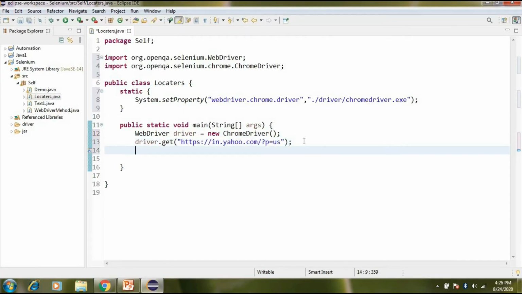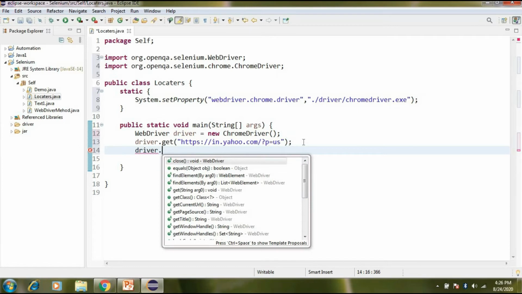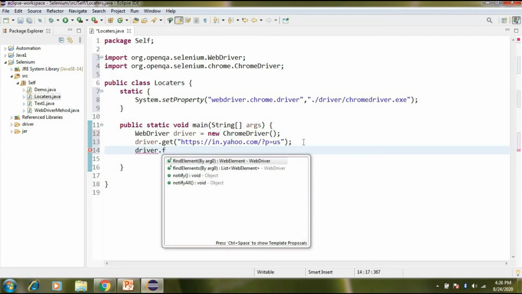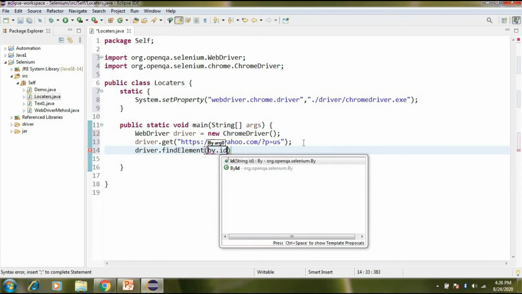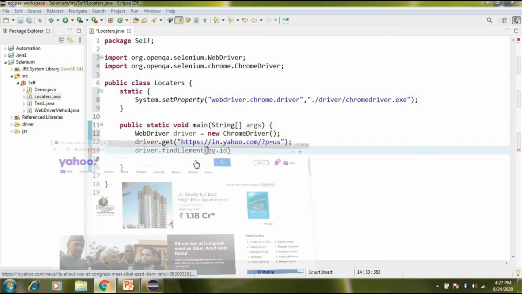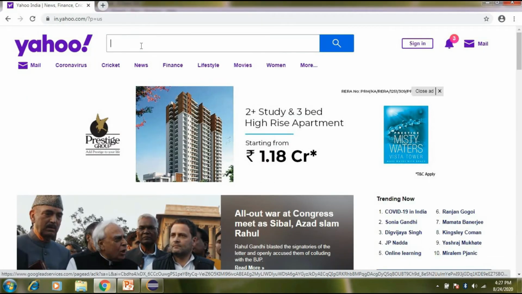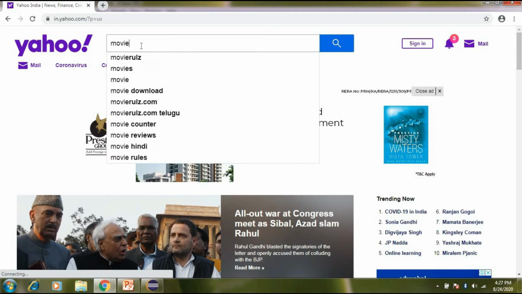Now I am going to find the ID locator. So first one is driver.findElement(By.id). Here I am going to enter movie in the search box. I can enter it manually, but I am going to enter it automatically.